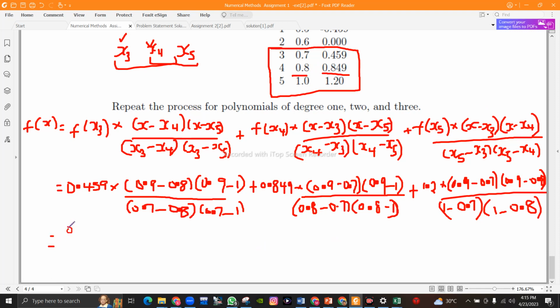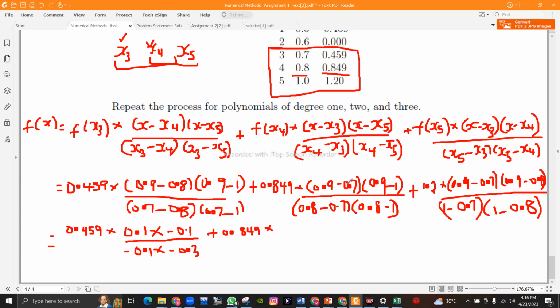that's 0.459 times 0.9 minus 0.8, that's 0.1, times 0.9 minus 1, that's minus 0.1, divided by 0.7 minus 0.8, that's minus 0.1, 0.7 minus 1, that's minus 0.3. So plus 0.849 times